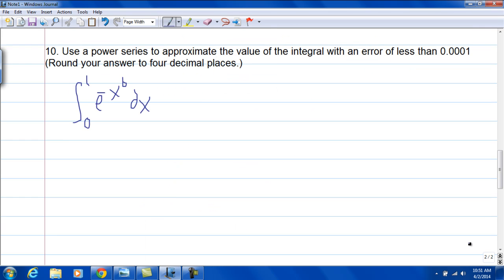Okay, for the next one, we're going to use the power series to approximate the value of the integral with an error of less than 0.0001. And they want us to round our answer there to 4 decimal places. So it's going to be the integral from 0 to 1 of e to the negative x to the 6th dx. And I just want to point something out, that e to the x is equivalent to the sum, or the